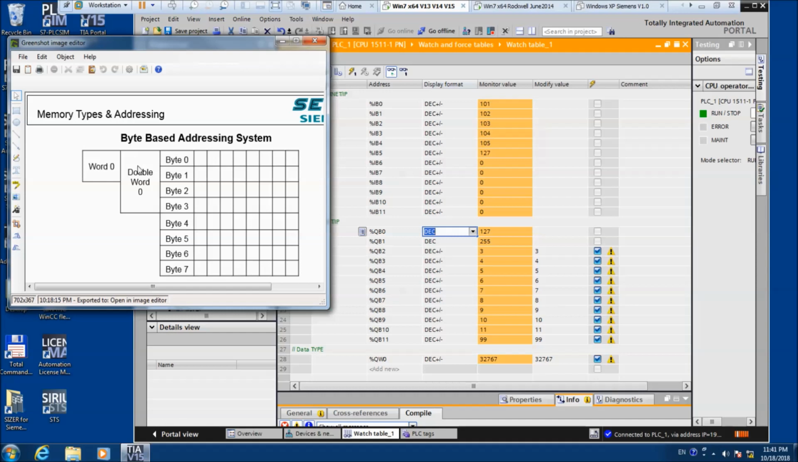That would be for an integer. The other 2 data types that we're going to go over fit inside of a double word, and that is a 32-bit structure. Inside of a 32-bit structure, we can put what Siemens calls a double integer, or we can also put a 32-bit real number that is encoded with the IEEE format. We'll look at that a little bit later when we're doing it. But just to get started,